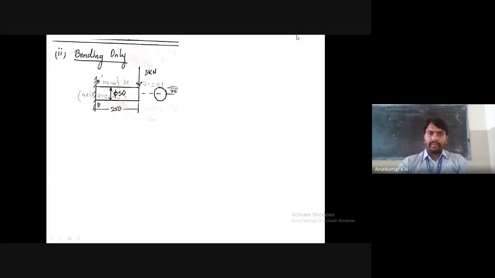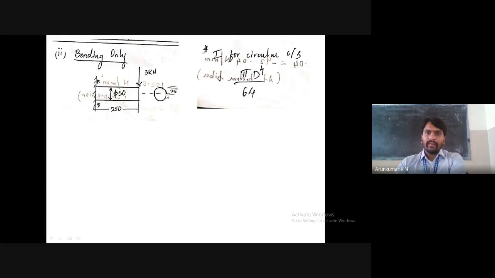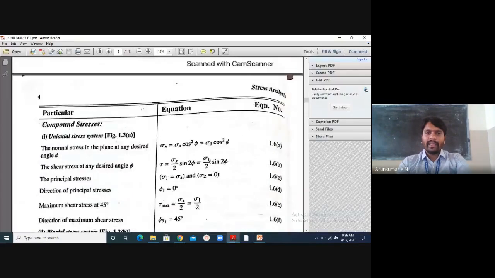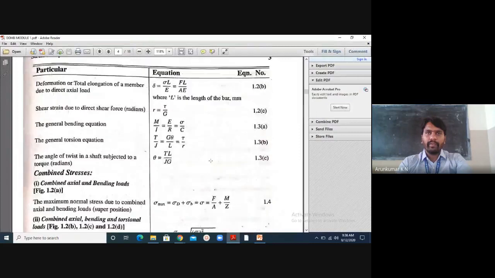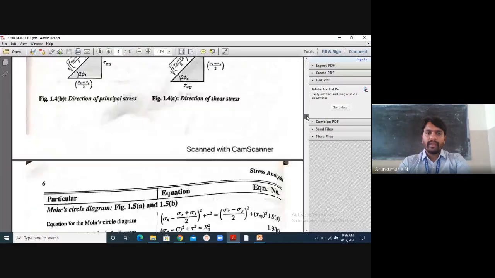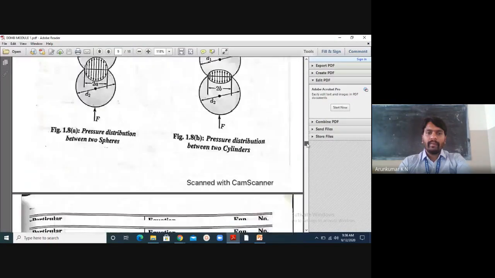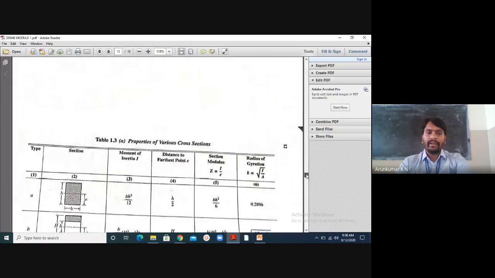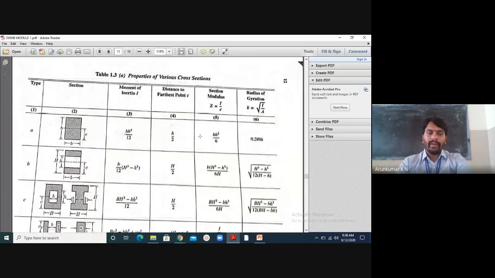You look at this. When this load is acting, again I, for circular cross section, is pi d to the power of 4 by 64. Again, it's a very simple equation. Even if you don't remember the moment of inertia equation, I told you that each and every time you need to refer to the data handbook. If you are not strong enough in memorizing the equation, look at this. In the examination, you have to roam here and there, right? This is our moment of inertia.